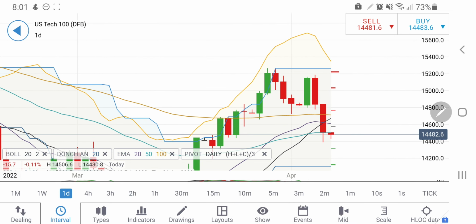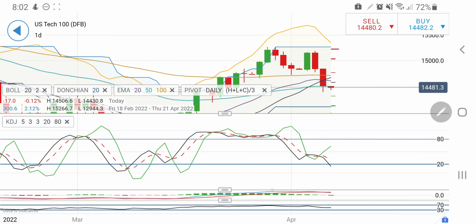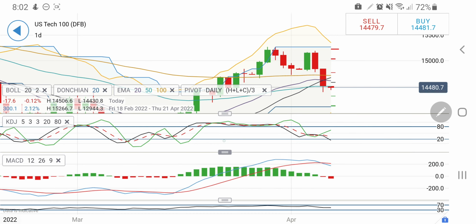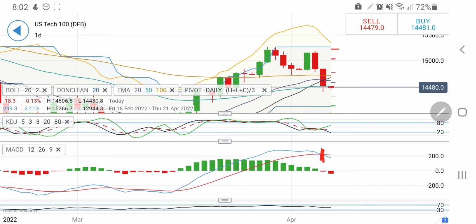Now coming back to the daily charts, and daily charts are failing to break the previous lows at 14,400. The next target could be at around 14,600, 650, and then 14,800 cannot be denied. It may try to come back till towards 14,800 before looking forward to any drop or rise. Daily stochastic oversold. The only problem is the MACD, which has just crossed over and is indicative of a strong bear right now, but a green candle followed with a red candle cannot be denied. So it may try to retrace a bit today before looking forward to a drop tomorrow. That is my expectation.